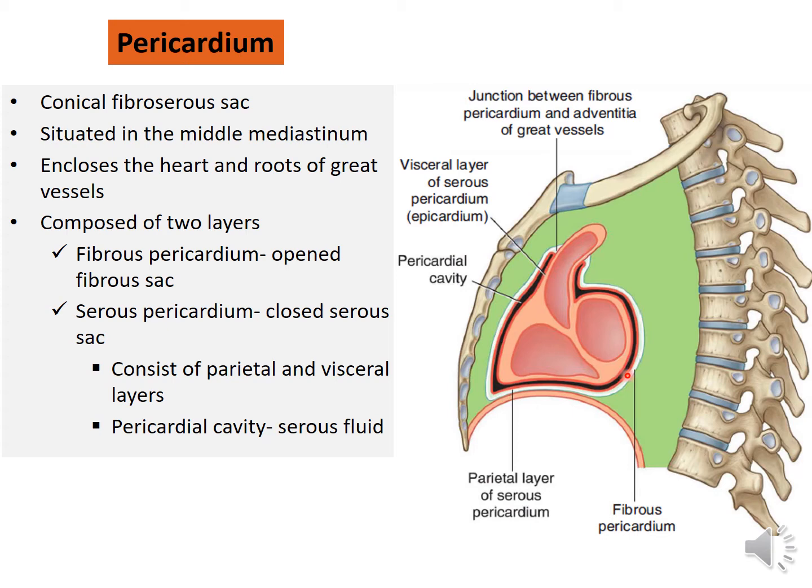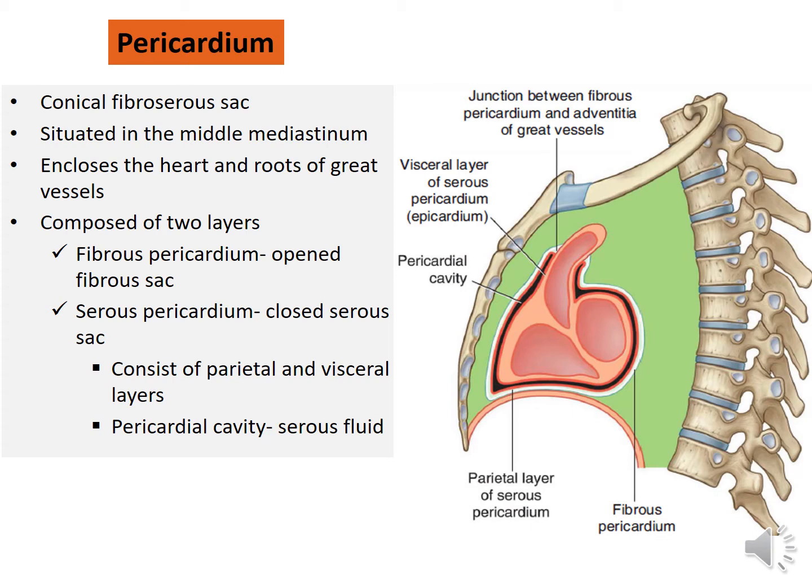Deep inside, what you see is the serous pericardium. Unlike the fibrous pericardium, it is a closed sac. Due to invagination by the heart, the serous pericardium consists of two layers, the outer parietal layer and the inner visceral layer. The space between these two layers is the pericardial cavity. The pericardial cavity is filled with pericardial fluid. The function of the fluid is to prevent friction between the two layers and also to allow free movements of the heart.